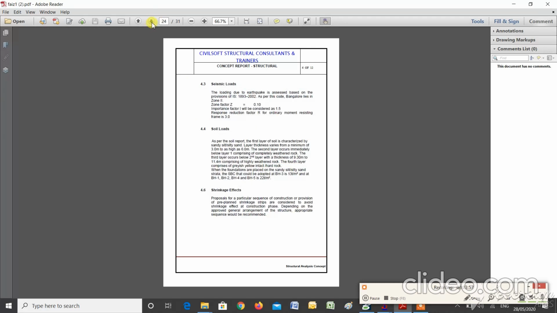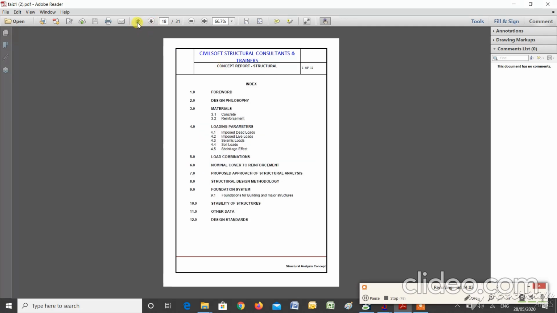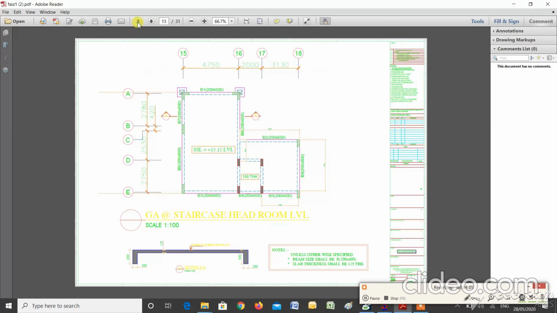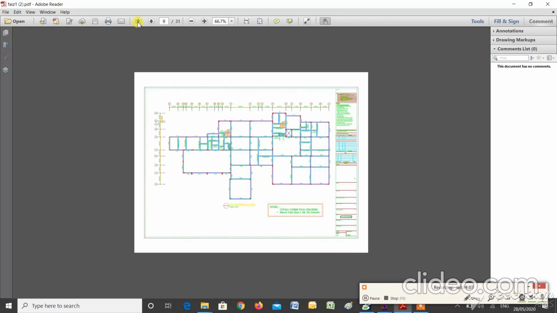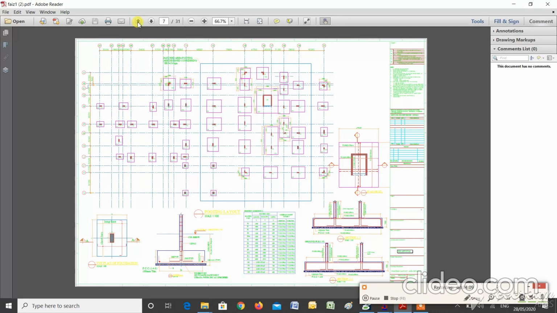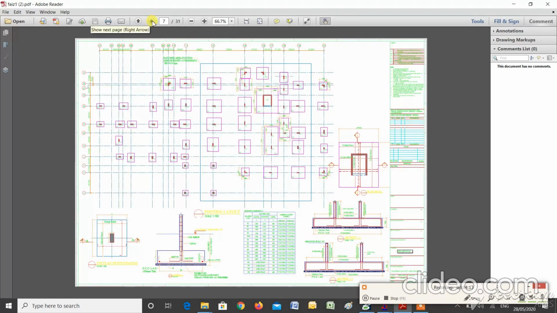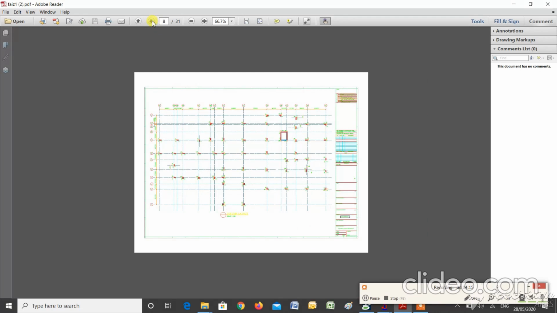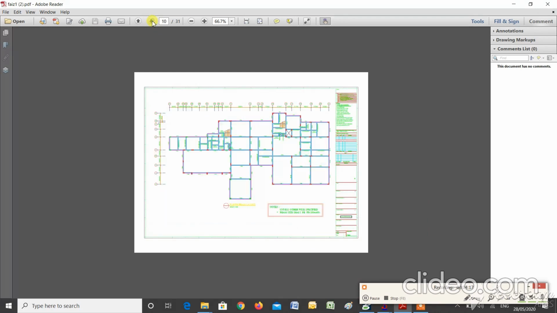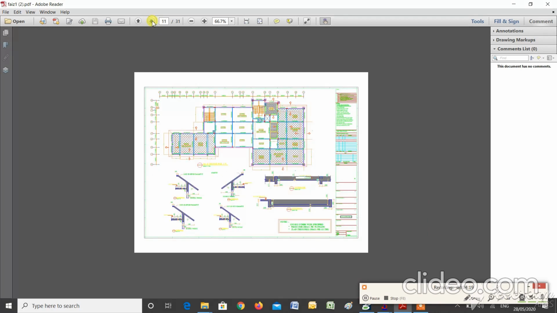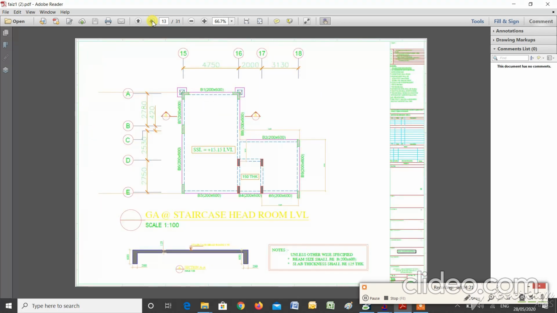So as a structure engineer, you should be in a position to do all this. Learning ETABS and STAAD alone is of no use to you. You should be in a position to prepare the models in STAAD and ETABS first. After that, once you have done that, you should be in a position to prepare a footing layout, footing schedule, column layout, column schedule, beam layouts, then the GS at different levels.